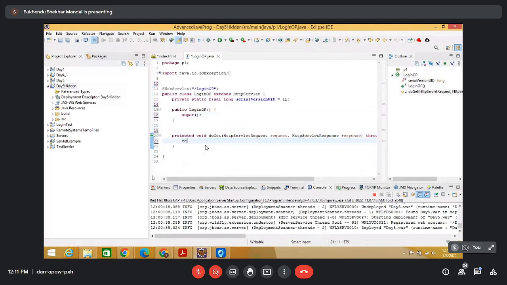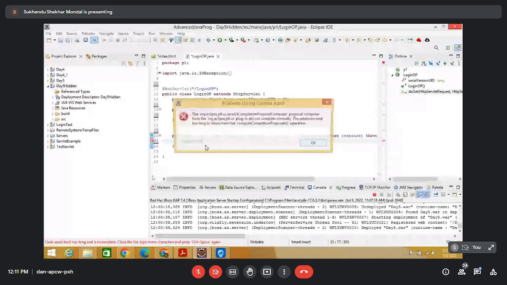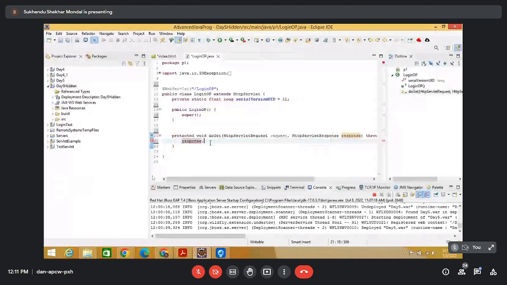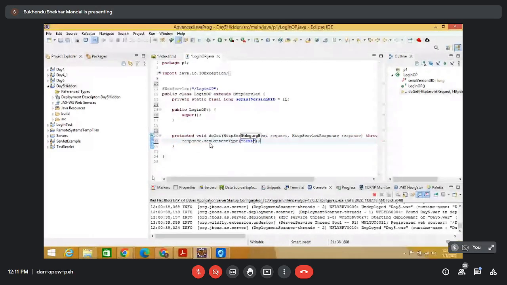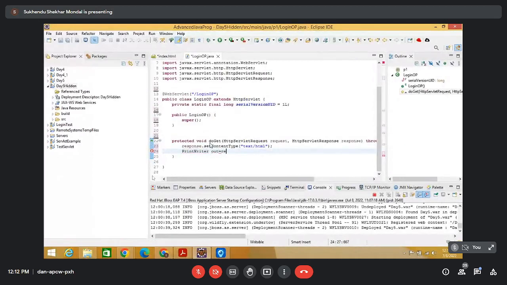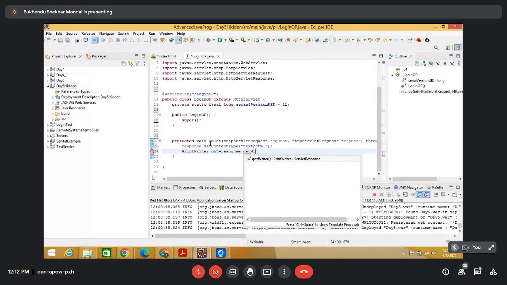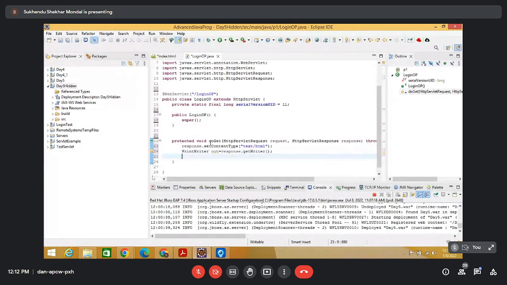So again here response dot set content type text/html, and PrintWriter out equals to response dot getWriter,